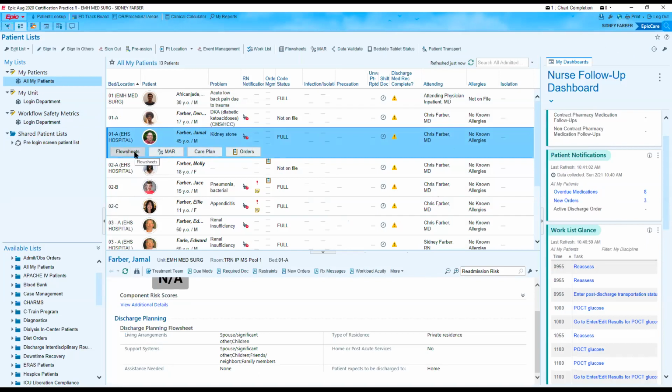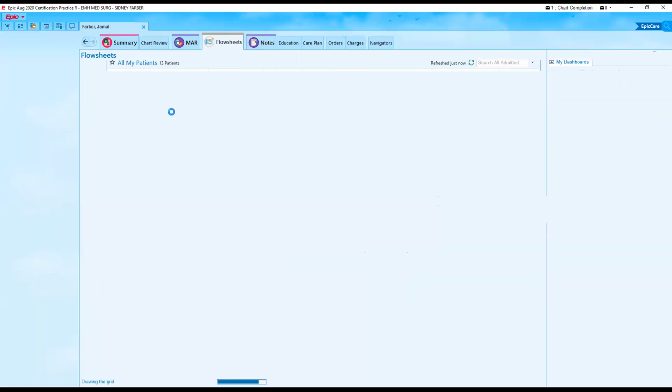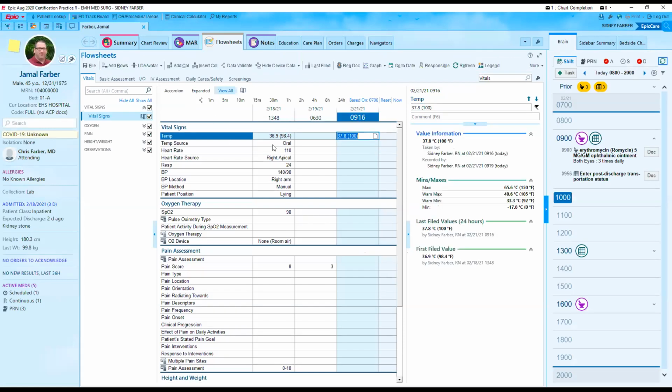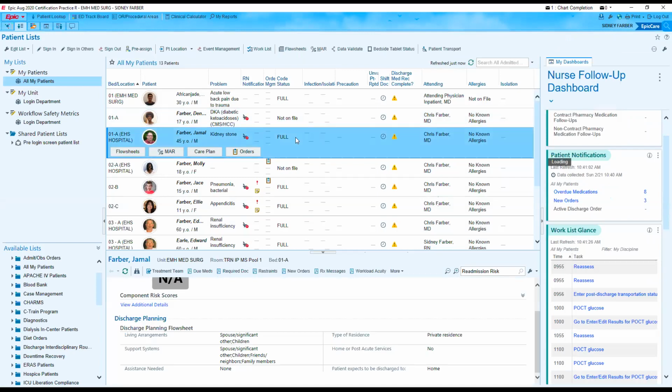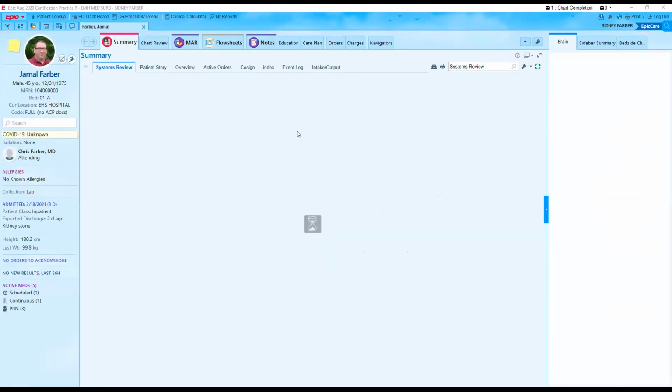So let me try and click on the flow sheet. If you click on flow sheet, it takes you directly to the patient chart towards flow sheet, where you document. That's one way to go into the patient chart. Another way, if you don't want to go into the patient's chart, is just by double clicking on the patient name, and that takes you to the patient's chart